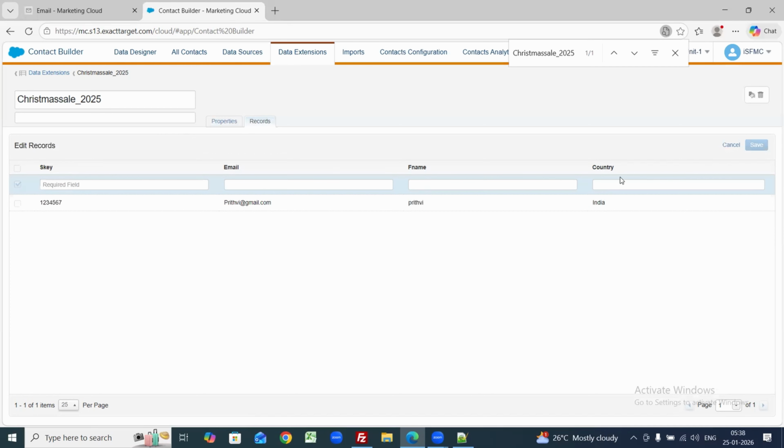Now I'm giving it India. Now anyone can say we can save this record. Will it add an entry into the data extension? Will we save it? No. Could you please say why? No, because